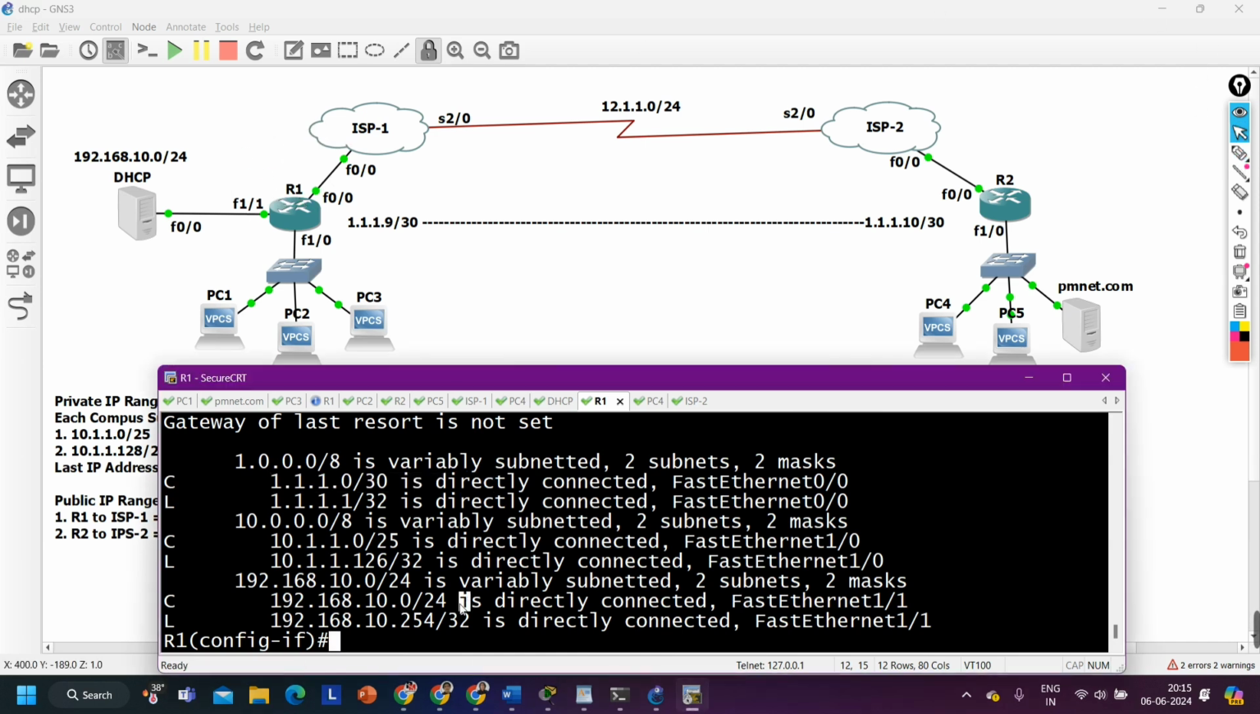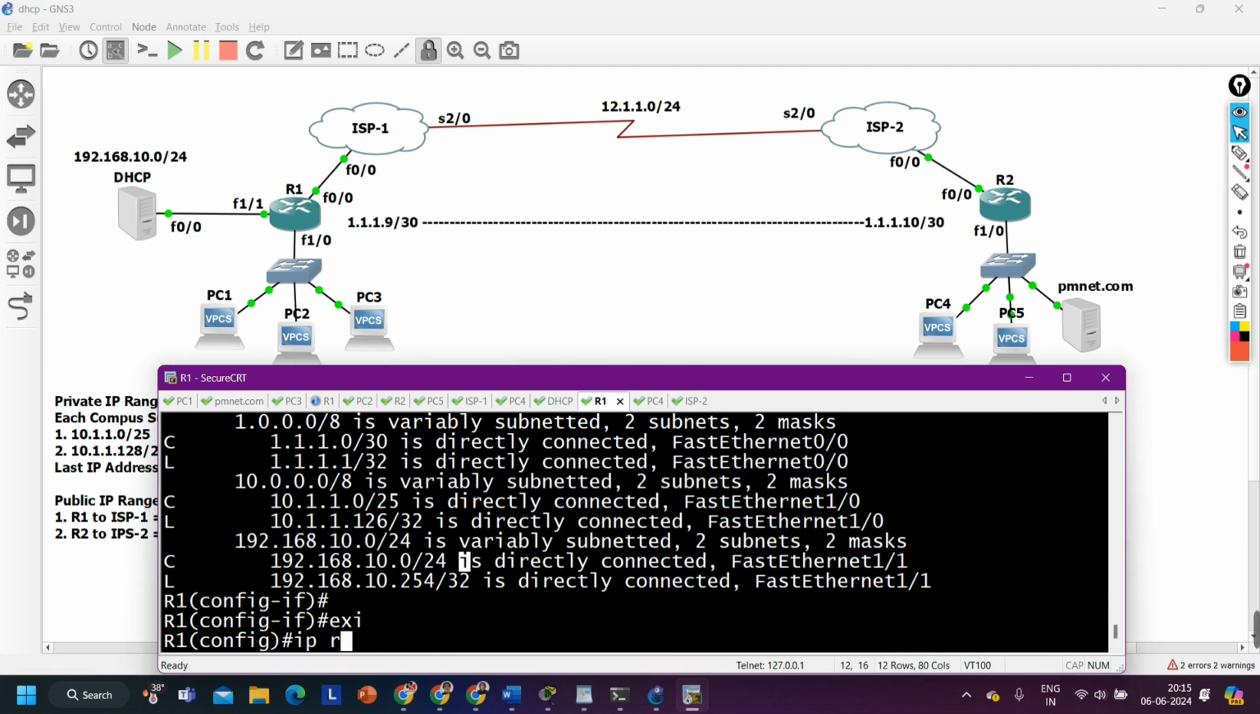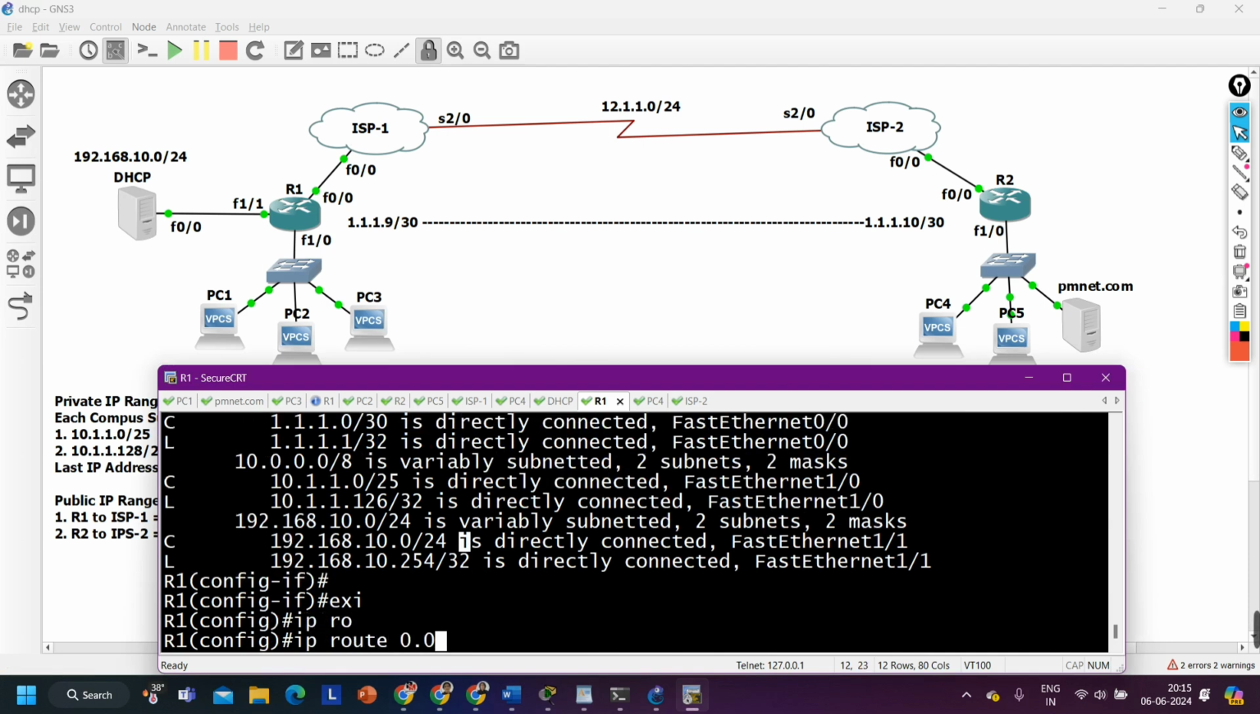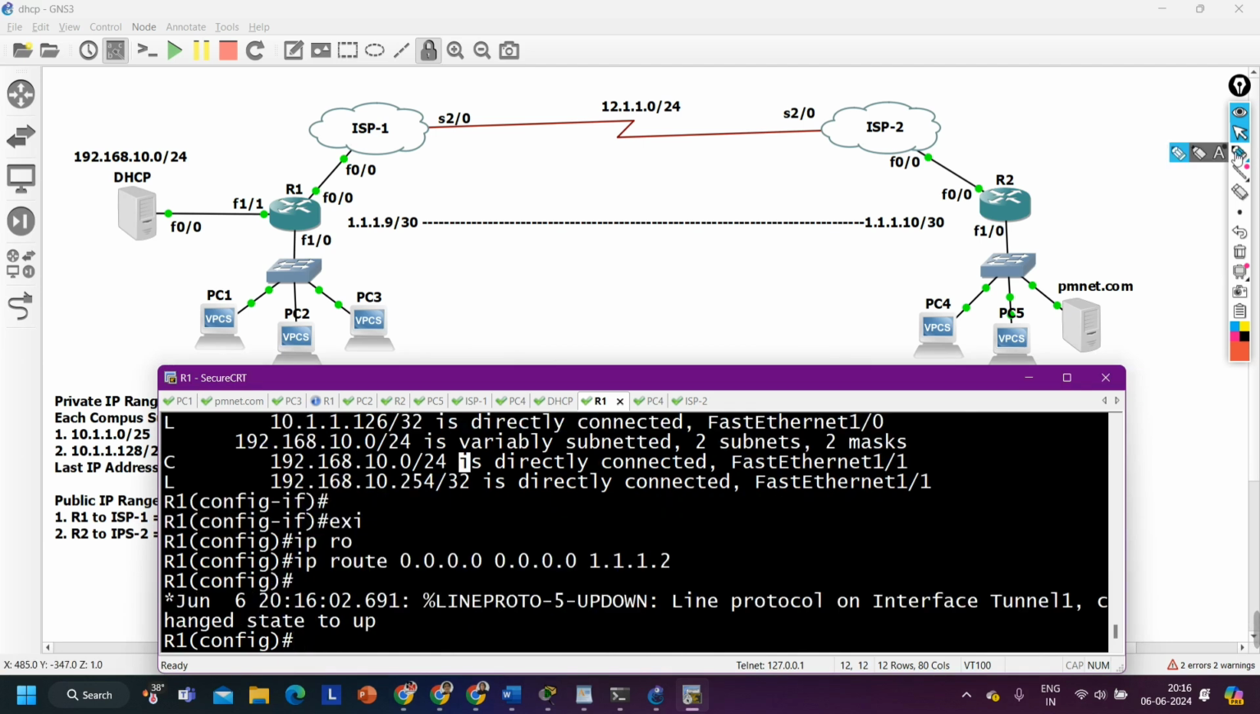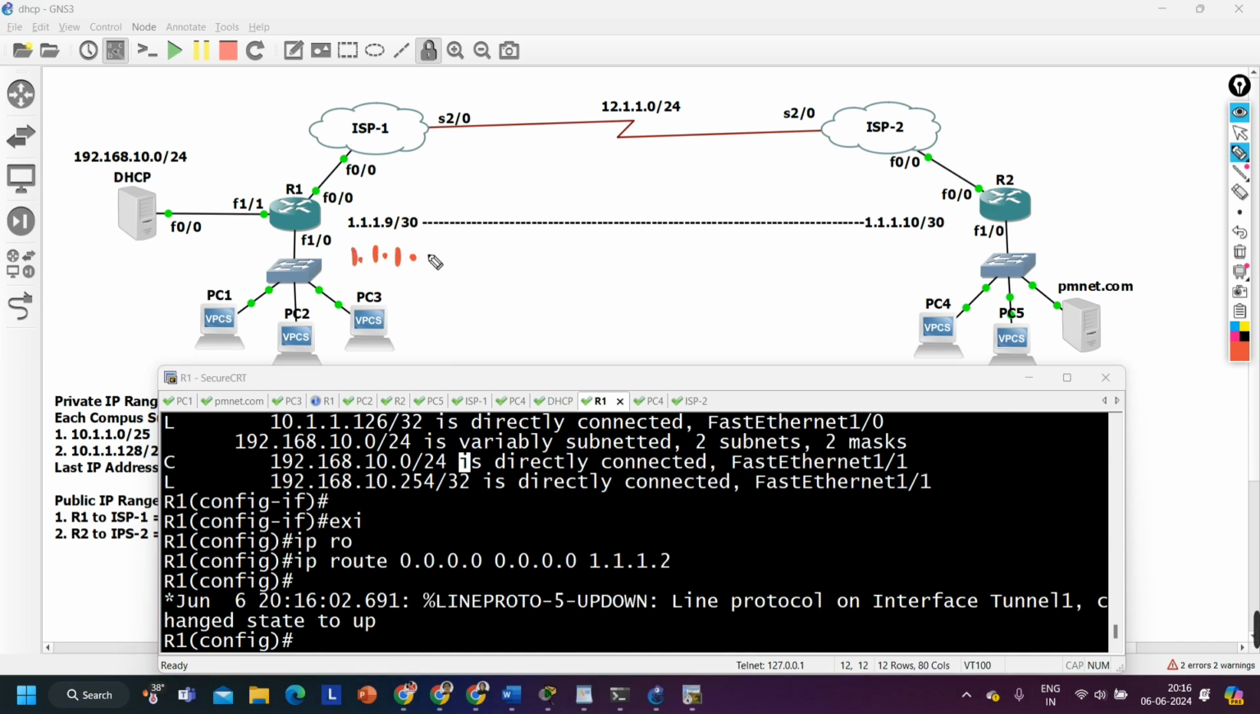So let me take you to R1, guys. On R1, say ip route 0.0.0.0 0.0.0.0, and next hop IP address 1.1.1.2. That's it. Now router 1 can forward packets to ISP 1, to the ISP router, right? If the source is 1.1.1.1 and the destination is 1.1.1.6,